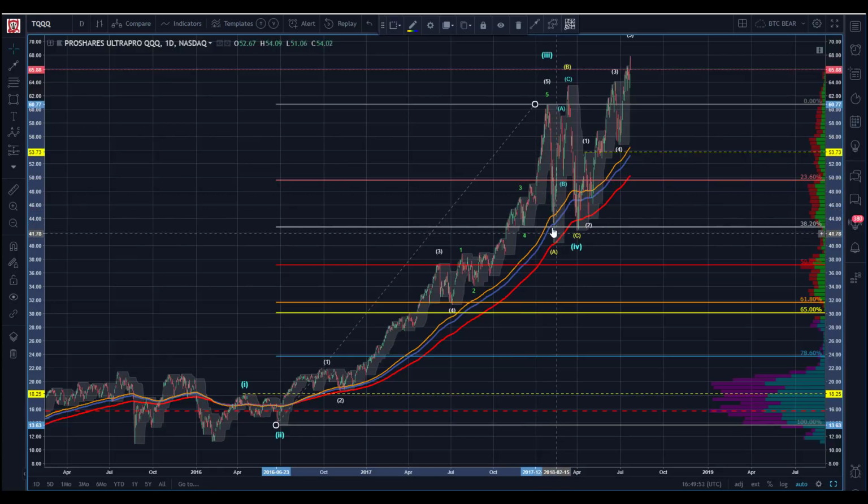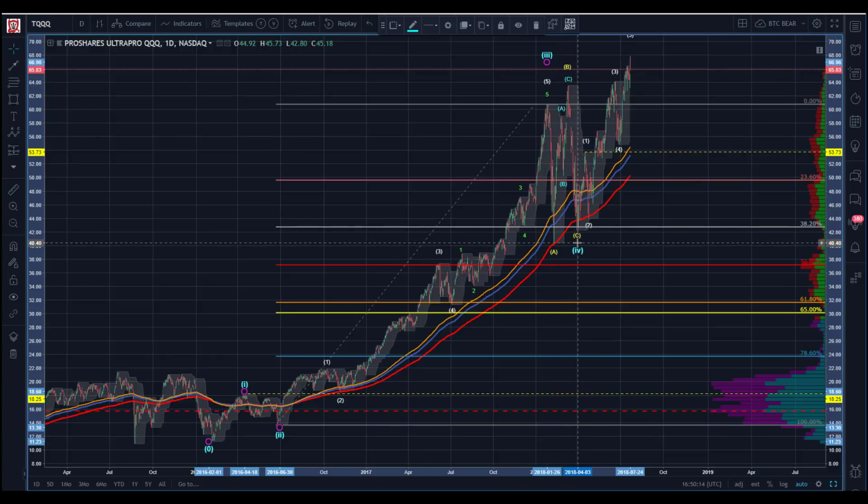That's where we'd be looking for it, between the 38. Well, really, the stronger the market here, anywhere from the 23 to the 38 is high probability in a strong market. We can see them go as deep as the 50. I mean, they can go deeper than that, but the fact that we come down here and we double bottom here into the 38 after this expanded B wave gives me a good degree of confidence here that I have